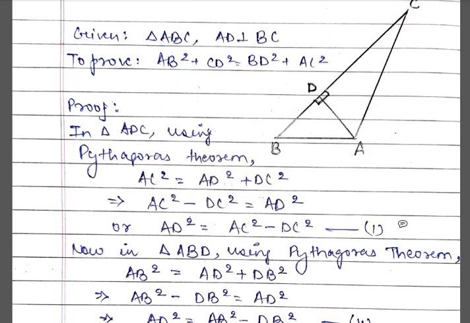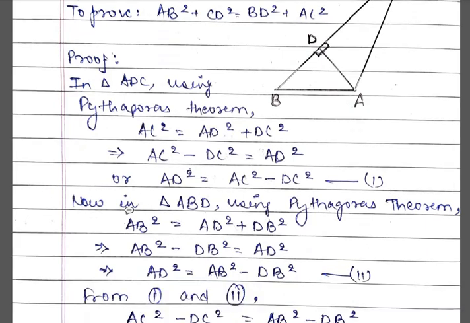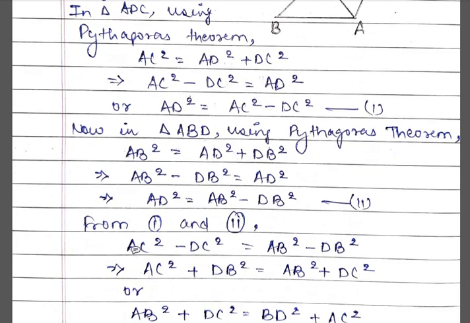Now I will apply Pythagoras theorem in the second triangle, small triangle, which is ABD. When I do that, AB square, which is the hypotenuse, as you can see, is AD square plus DB square. Again I take DB to the other side, it becomes minus, and then उसको फिर से उल्टा करके लिख दिया. I get equation number 2. Now as you can see in equation number 1 also there's AD square, equation number 2 is also AD square, which means both of them have to be equal. That is what I write in the next step, that both these equations must be equal.